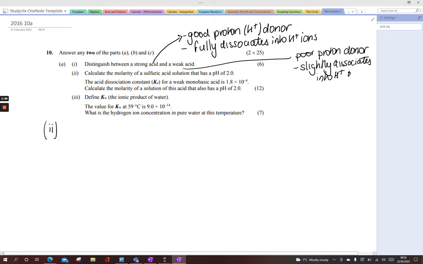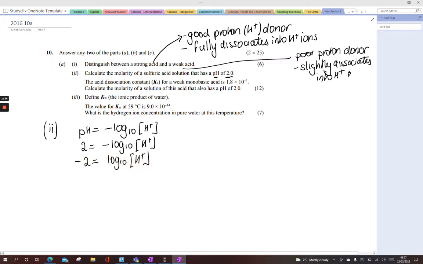Calculate the molarity of sulfuric acid that has a pH of 2. Now, anywhere I see pH, what I do is pH is equal to the negative log to the base 10 of the hydrogen ion concentration. So if anyone knows why that is doing that, you can let me know. So now fill in. It's got a pH of 2. So 2 is equal to minus log to the base 10 of your hydrogen ions. Bring across that minus. So minus 2 is equal to the log to the base 10 of your hydrogen ions,